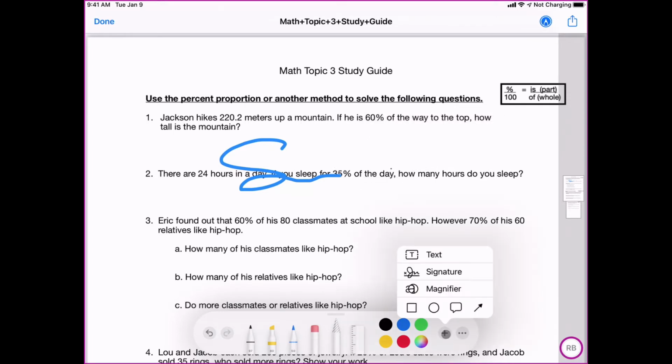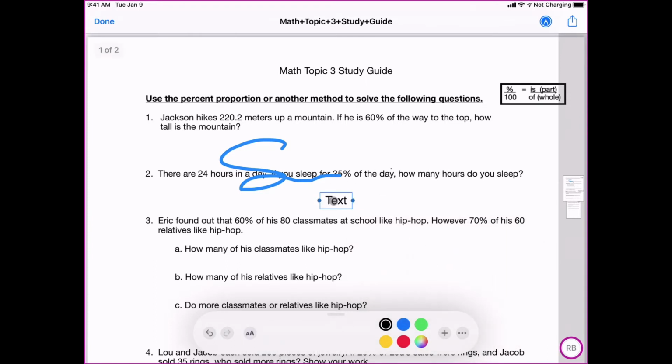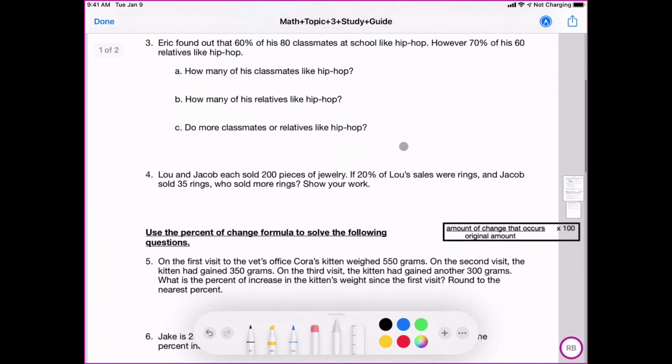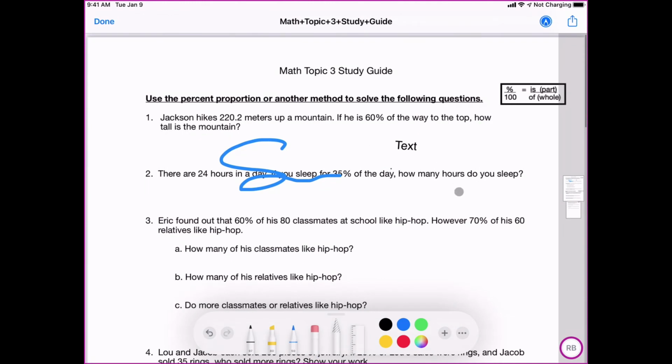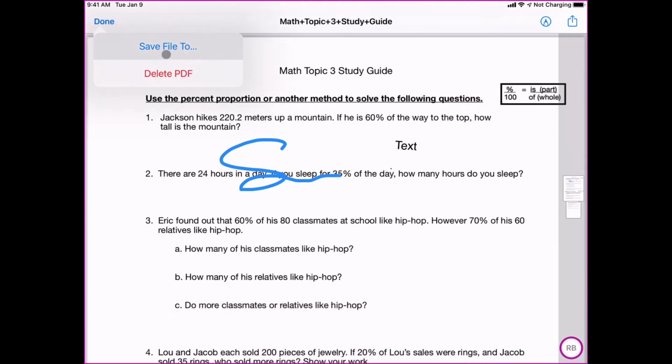I can still hit the plus sign here. I have the ability to insert text boxes, which gives me a little box of text that, again, I can move around. If it's a multi-page document, I can tap with two fingers, and I can scroll through that document. Or if I use one finger, then that is going to write on that document. So it depends on how many fingers I'm using to work with that document to control what happens. Also under the plus sign, I have some shape tools, arrow tools, and a magnifying glass.